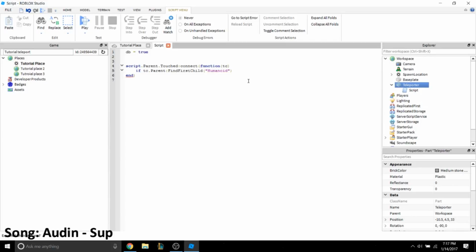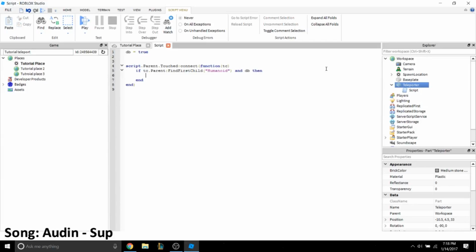What this is saying is it'll only run this script if it's a player touching it. And db, it doesn't matter what this says, it equals true. So it's going to say if this happens and it's true, then